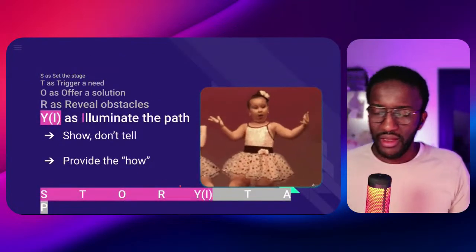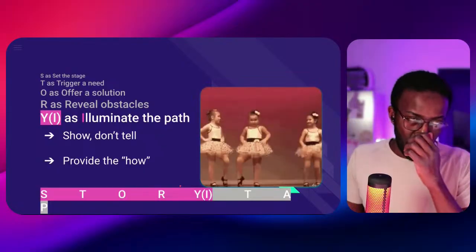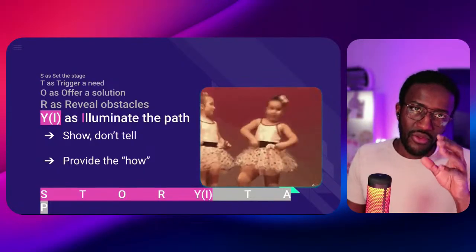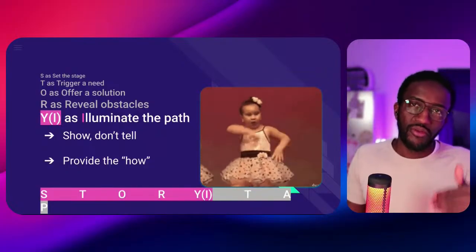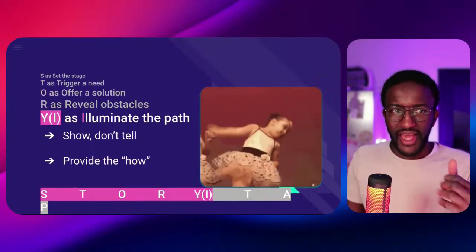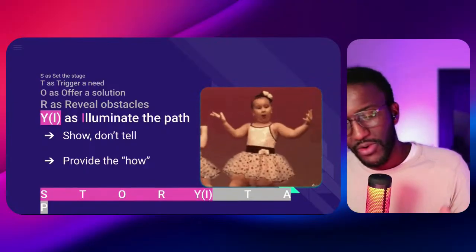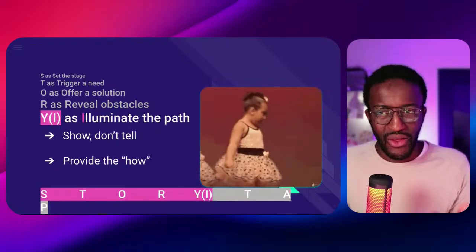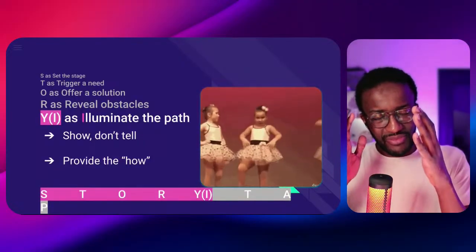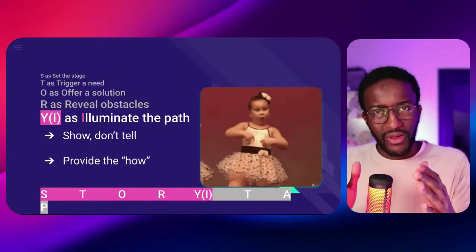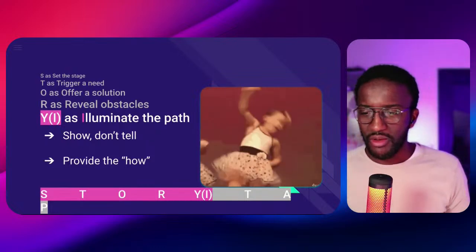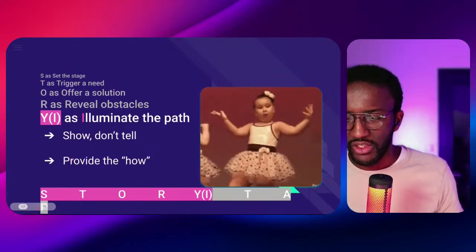Okay, this step in Storytap is Illuminate the Path. In step 3 of our solution, we talked about where we want to go. Then we revealed, okay, I want to go there, but I am aware that there will be some obstacles to get there. So how can I address those obstacles? In Illuminate the Path, it's really on storytelling: show, don't tell.